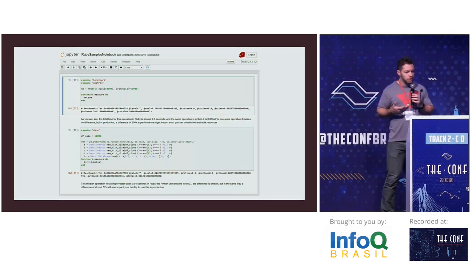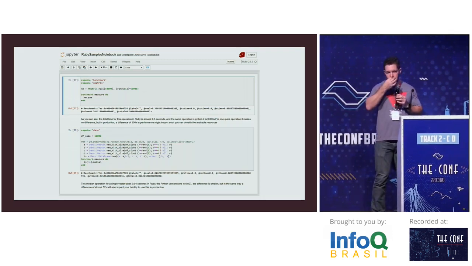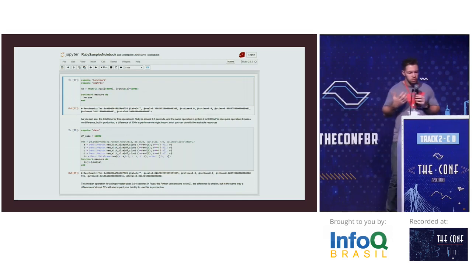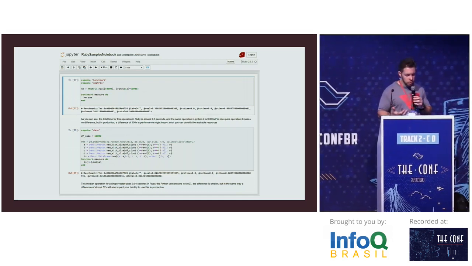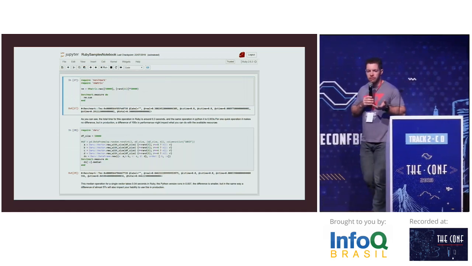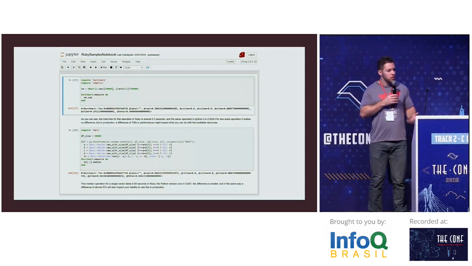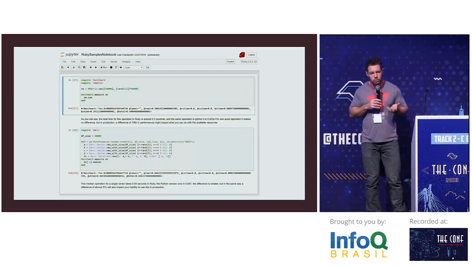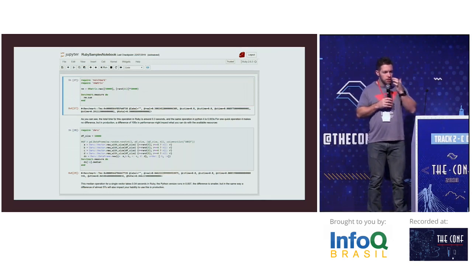And the second operation, just doing some simple calculation in a Pandas vector, it's not that bad. It's not 100 times slower. The Python version is just 57 times faster. It's not 100 times. So as you can see, it's possible to do data science in Ruby, but the performance